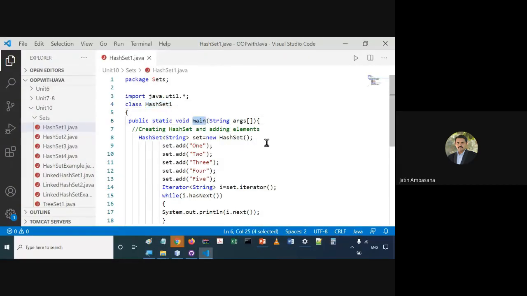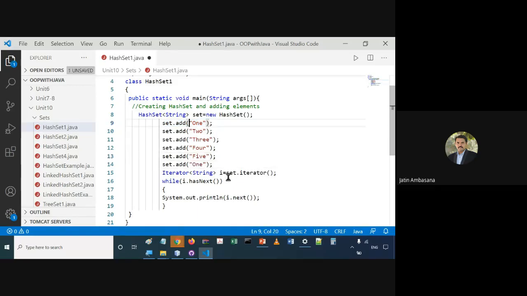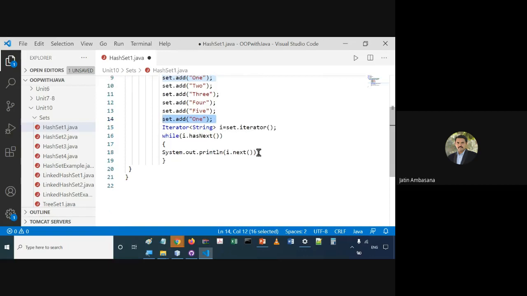We use this hash set of type string, create the hash set object, and then we say set dot add 1 2 3 4 5. Let's try to add one again. What would happen is this one would not get added because there is already a one. So it will not allow duplicates.